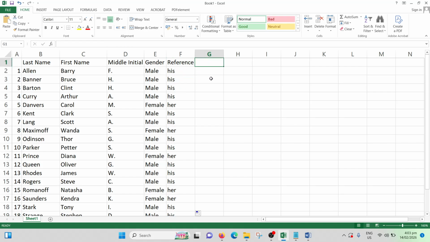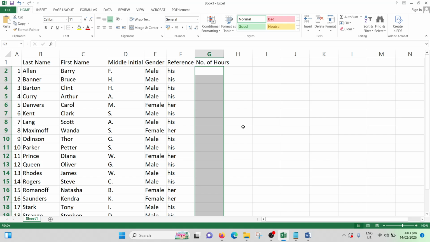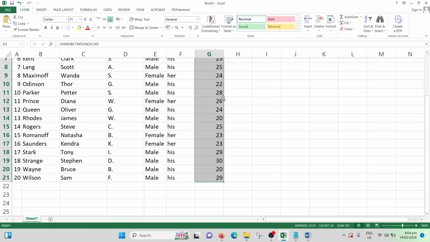And then the next one is the number of hours. Let's say, for example, they don't have the same number of hours, so we'll just randomly assign participated hours, let's say from 20 to 30 hours, and then copy using autofill.